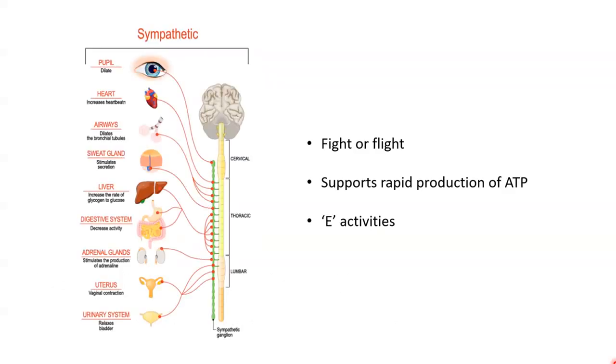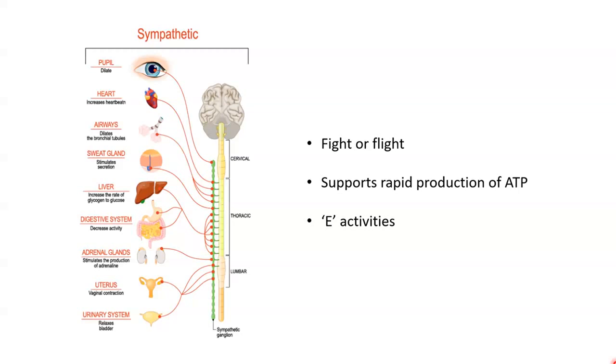So starting with the sympathetic division of the autonomic nervous system, this division, which is colloquially referred to as the fight or flight division, is activated during periods of physical and emotional stress. When the sympathetic division is more active than the parasympathetic division, body functions that support vigorous physical activity and the rapid production of ATP are favoured. And at the same time, body functions that favour the storage of energy are reduced.